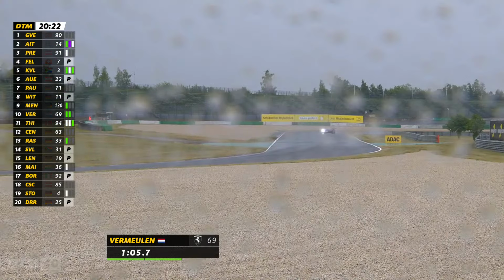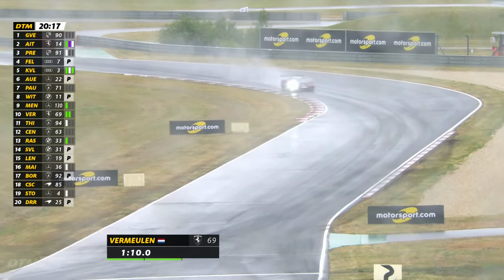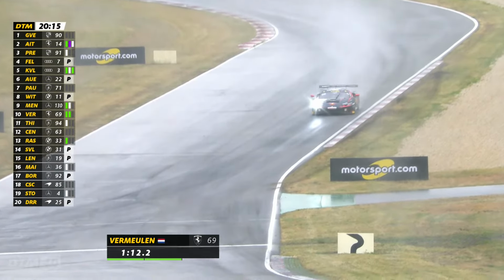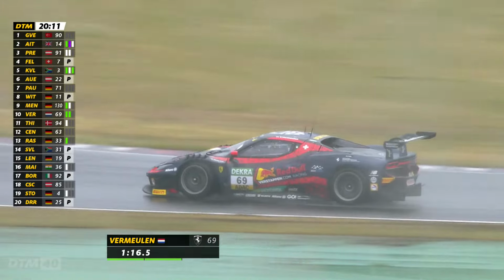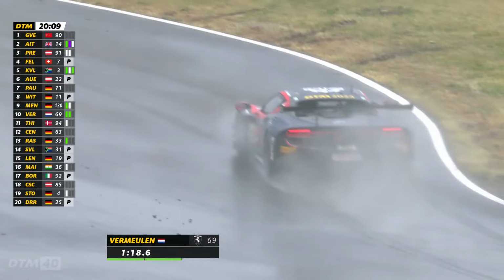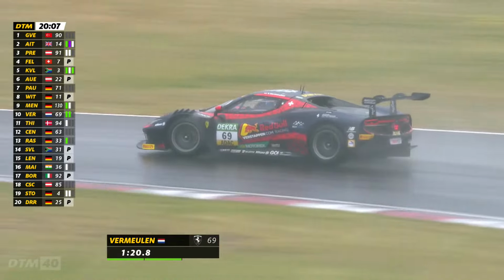Just slightly overcooks it through the first turn, but a good lap from Jack Aitken to split the 2 Manthey Porsches of Nguyen and Preining with a 137.255. Jack was saying that the Ferrari, well, we're already aware, has a lot of additional weight that's been added for